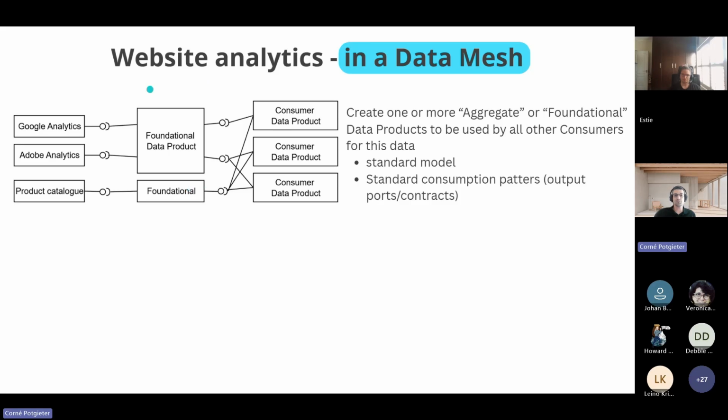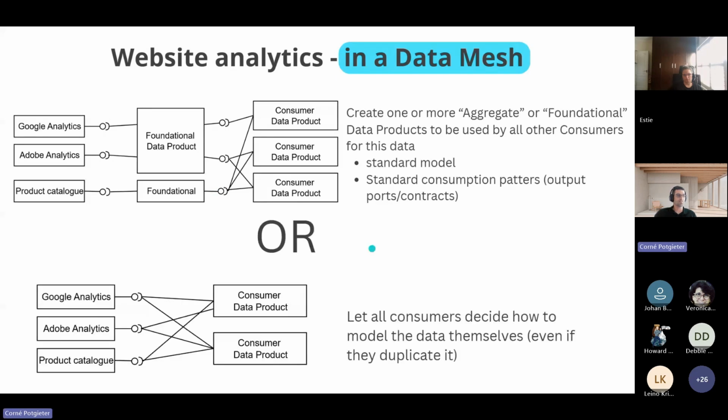This is something that used to be outsourced to IT. IT can manage this, but now if you have these foundational data products or building blocks in the middle, business domains really need to own this. So your marketing domain or your customer experience or finance actually needs to own these foundational data products. And that's where it gets tricky, because they do not want to own it, or they do not want to actively own it and actively maintain it.